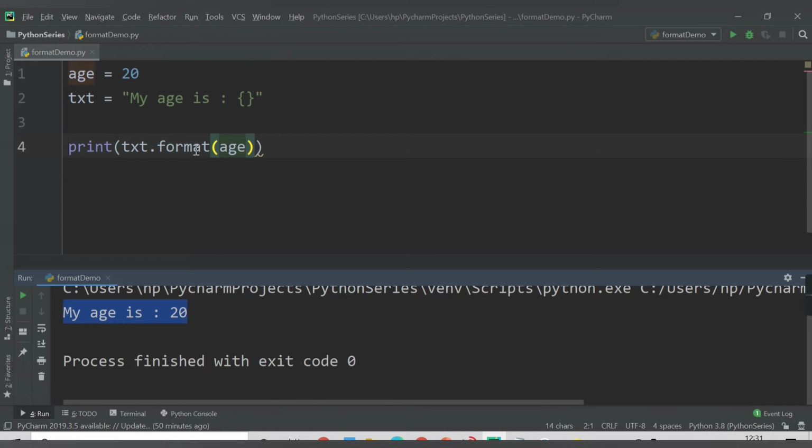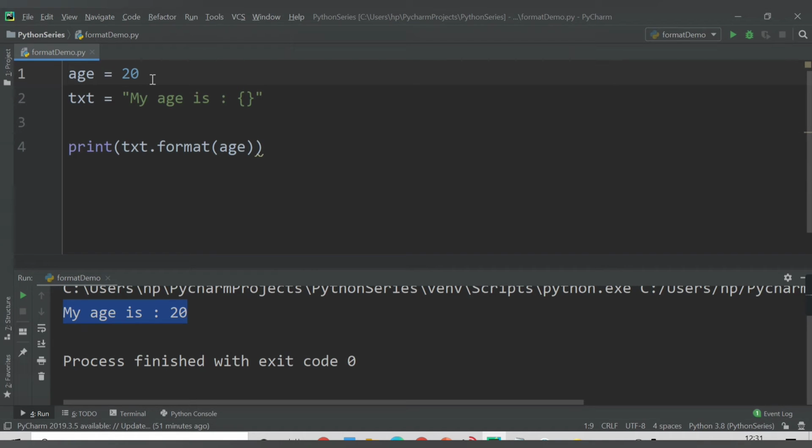So what has this format method done in our code? Whatever we have passed here, it will take the value and place it in the curly braces. In this way the format method works. The format method takes the passed arguments, does some formatting with them and places them in those curly braces. So this was the use of format. What more can we do with format? Let me give you another example.